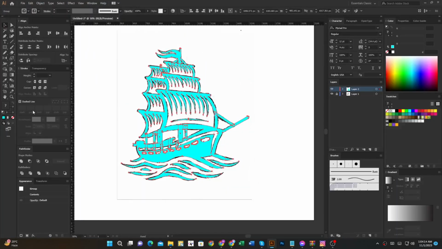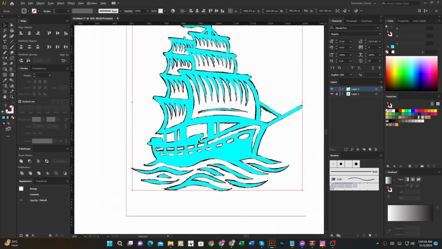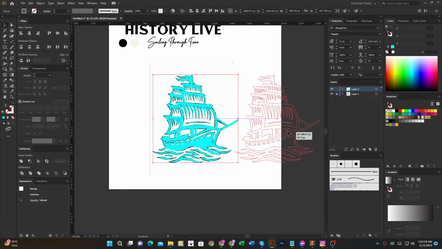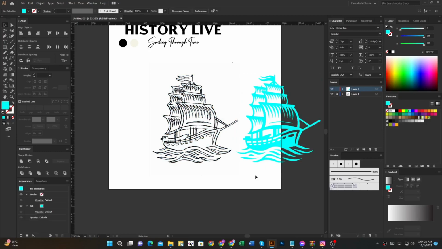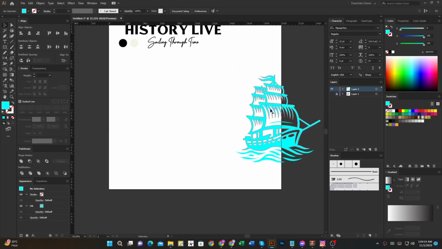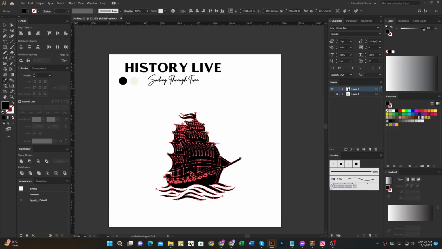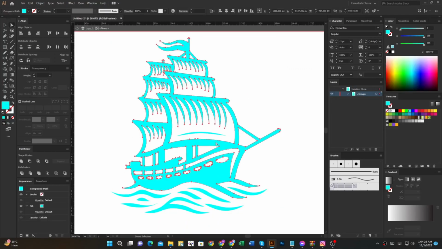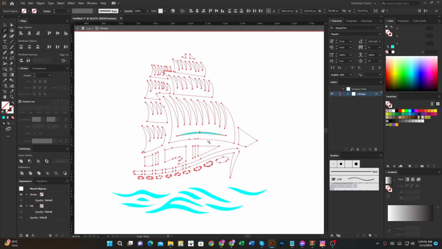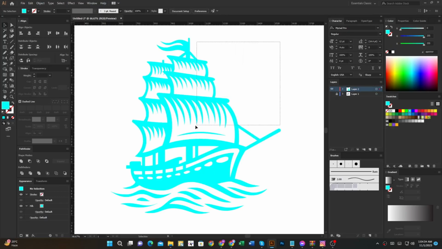Now color selection. Art file layer delete. Now color select.